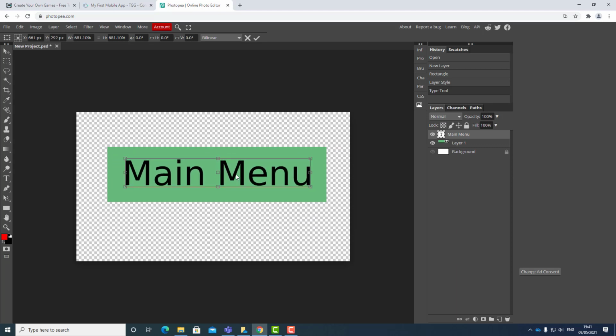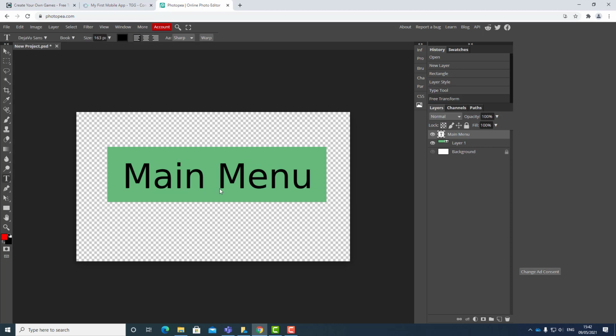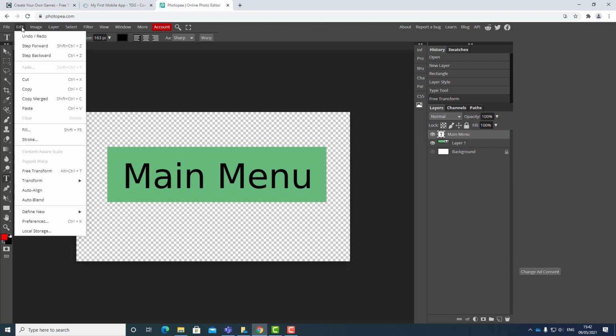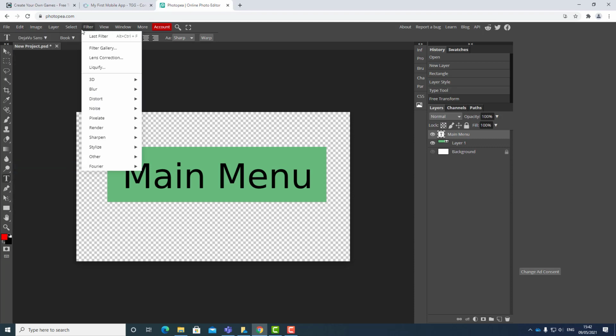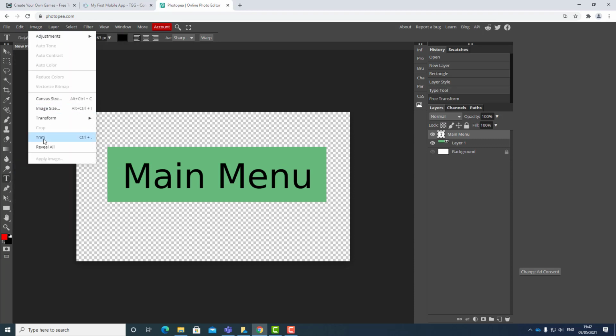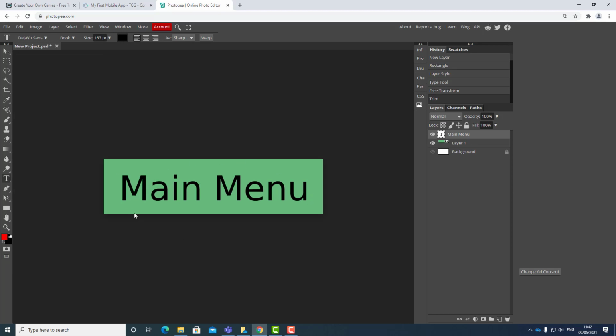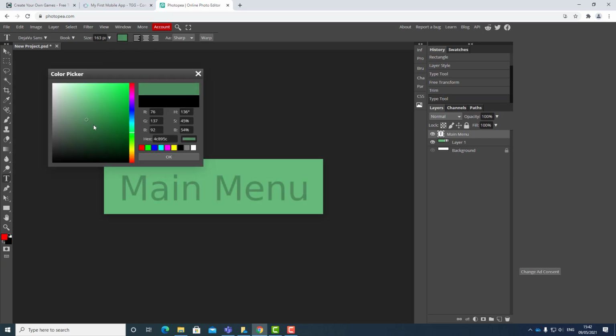So I'm going to place this here, press the enter key. So now I'm going to click on edit and select, let's select image and then select trim. This will ensure that any excess that I have will be removed. And what I'm going to do here, I'm just going to change the font color with the text tool selected. I'm going to click on the black color here, just change the font color to something else,